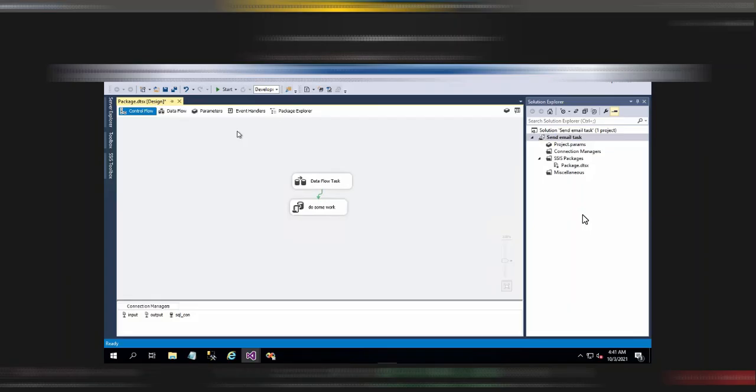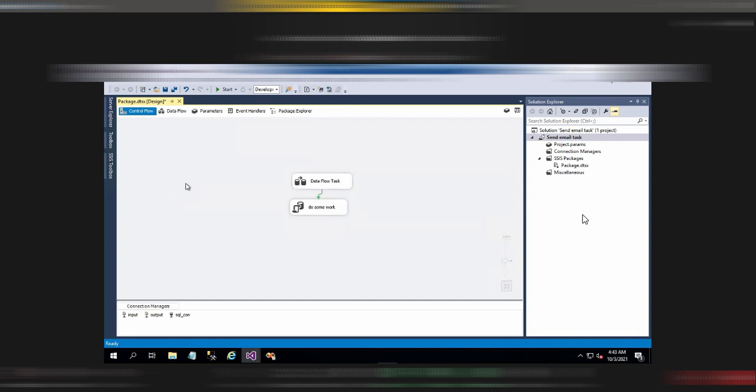Alright, to send the notifications using the send mail task, you need to have the SMTP server details with you. You should be on the same network where the SMTP server can be accessed. Every company's SMTP server is different. So my company SMTP server will be different and your company's SMTP server will be different. The SMTP server address is very private and I will be hiding that in this particular video, but I will show you the method of how we can send the notifications using the send mail task.